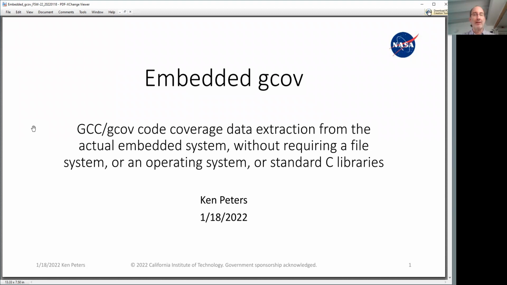And this work is what I call embedded Gcov, which is a way to get the GCC Gcov code coverage data extracted from an actual embedded system without requiring a file system or even an operating system or standard C libraries. And the benefit of this is that in the past, I have usually had to get code coverage information